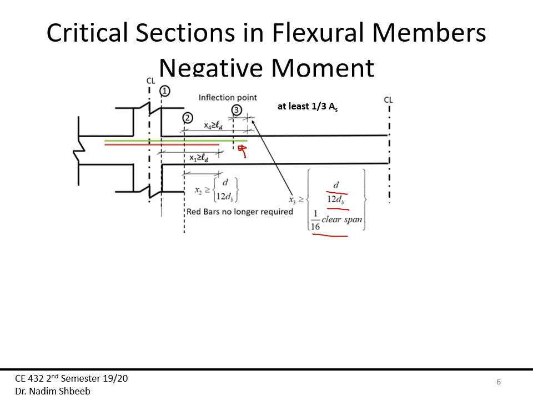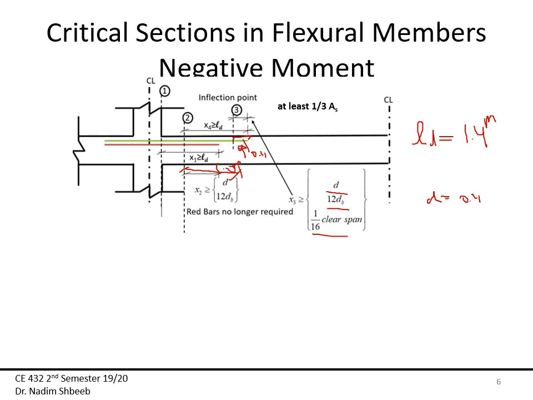Now if you look at this drawing, and I'm talking only about the green bars here, let's assume that the development length I calculated to be 1.4 meters. That's my development length. And let's assume that the distance between section 2 and section 3 is only 1 meter. And let's assume that for x3, D is the dominant part and D is equal to 0.4. Now since the distance between section 2 and section 3 is 1 meter, then I'm going to need the additional